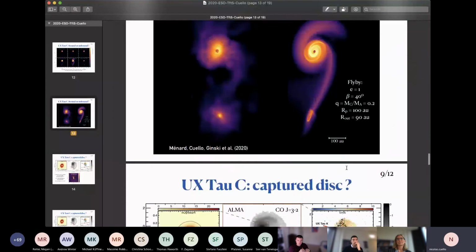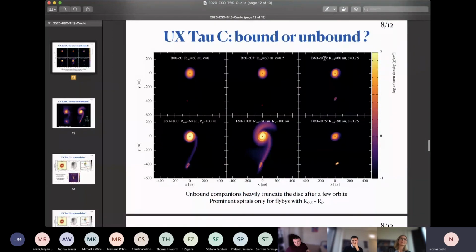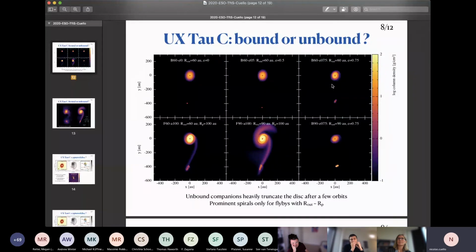And regarding the second question, we tried fairly high eccentricities, such as this one. And as you said, we could have a very, very high eccentricity and almost have a flyby-like encounter. This could reproduce these observations, but only for 2 or 3 orbits. After that, when you do the fourth encounter, you don't have enough material close. In these regions, it's very depleted, so you don't see anything. So that was our main evidence in favor of flybys. But yes, of course, a bound companion on a very eccentric orbit that passes a couple of times works as well.